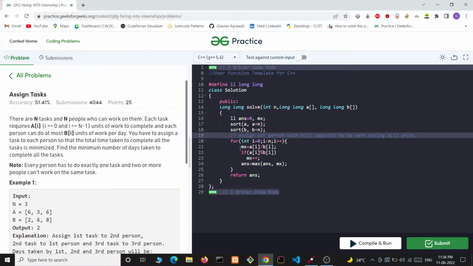So we can simply do this. So mx is the number of days taken by the ith person. So it is A[i] by B[i], and if there is a remainder left, simply it is the ceil of A[i] by B[i], and we can simply take the max of it, and that will be the answer.